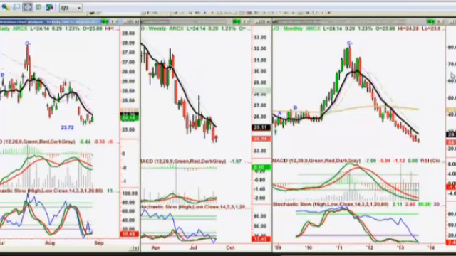And I've got a nice divergence in the stochastic as it stands right now. I've got a very nice divergence in the MACD between the low that was made recently and any other time in the MACD. So that's saying to me there's internal strength. It needs to be followed through with price movement. So stay in the trade. Treat it as just a short-term trade. Don't get married to this short-term trade.